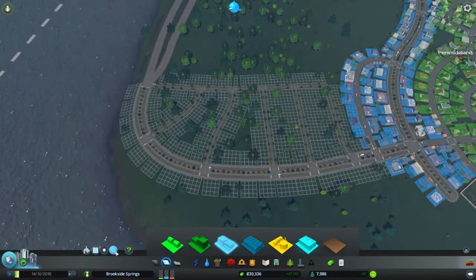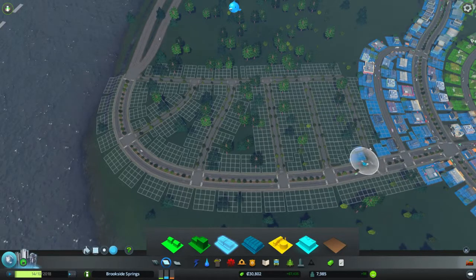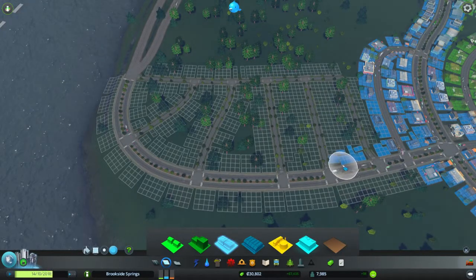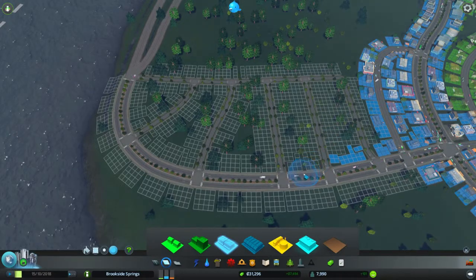so the idea is along the main road here. Why do I keep trying to explain why I'm putting commercial along the main road? It should be obvious by now why I'm doing that, but